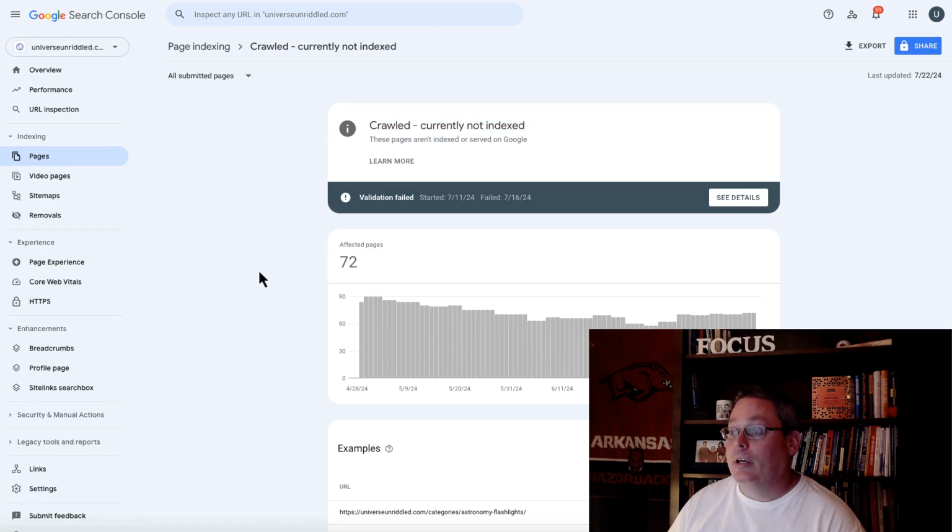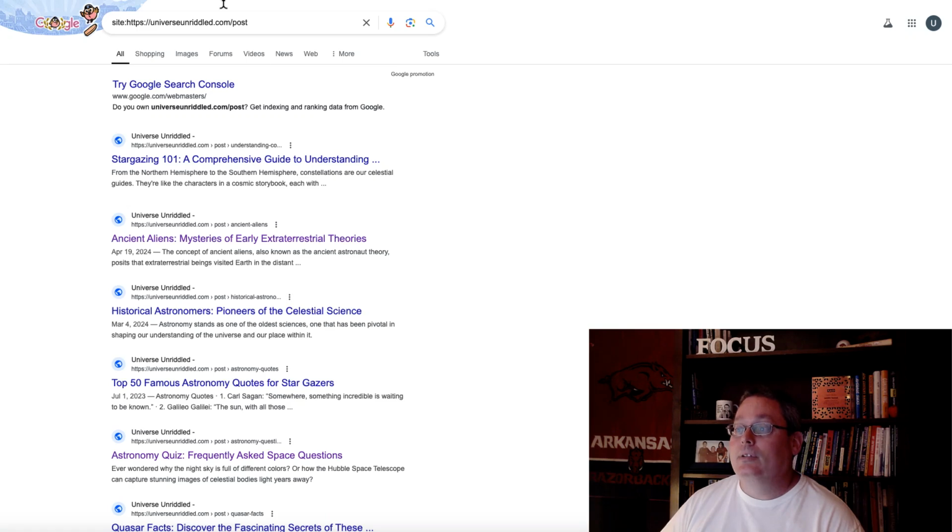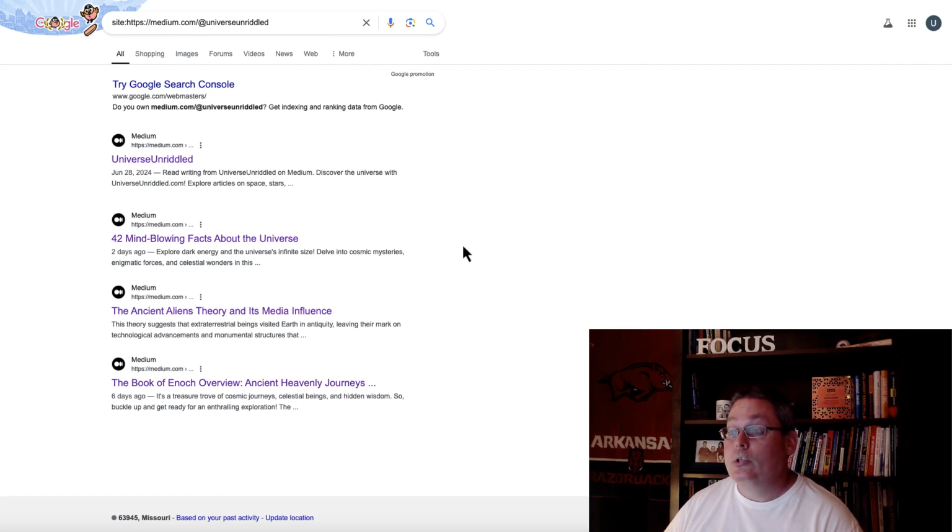And this comes into learning how Google indexes your content and understanding that, yes, you still need to create your own blog. Here you see the Google Search Console for my Universe Unriddled site. And this message here, crawled currently not indexed, means that Google knows about your pages, but they have decided that those pages aren't worthy of being indexed, so they won't show up here. But then what you can do is use Parasite SEO and do what he was talking about in his video,